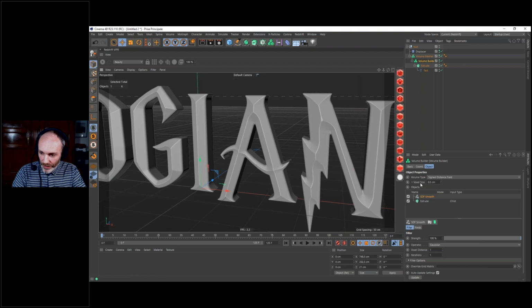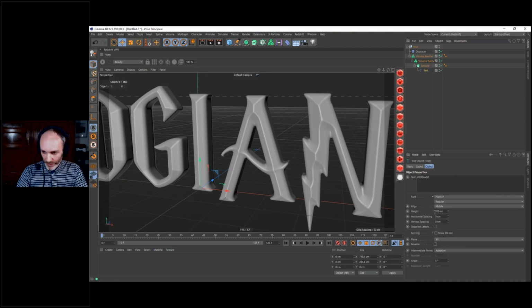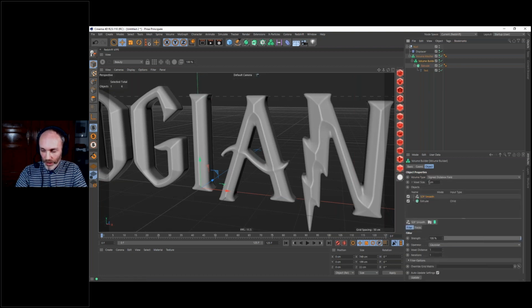So maybe I'll go back to here this voxel size, but I think 1 centimeter is a sweet spot. It really depends on the size of your original geometry. You have to be careful because if you create a text which is, for example, 10 centimeter, obviously here the right value will be more like 0.5 or 0.2.